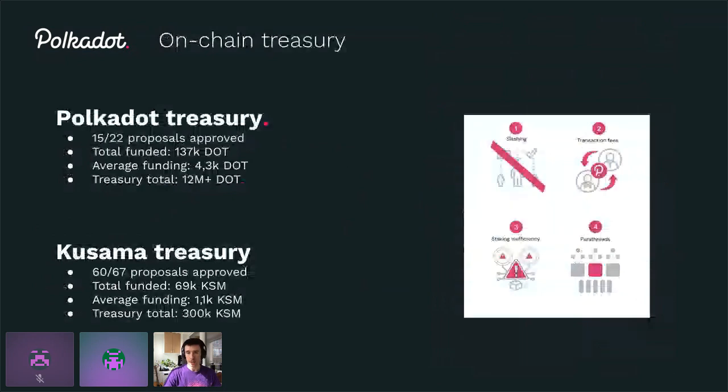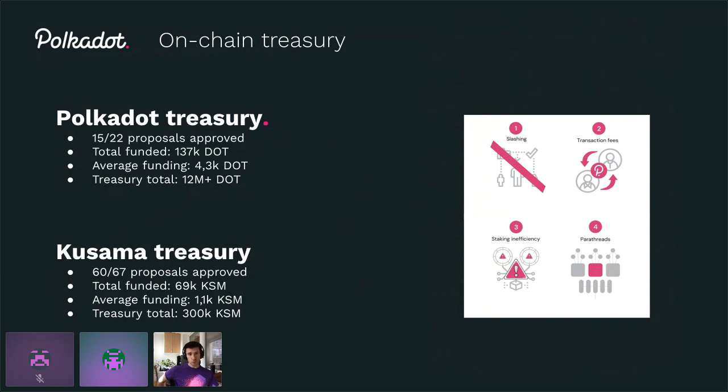A cool thing that I definitely want to stress here is the on-chain treasury. Now, the on-chain treasury is kind of unique to the Polkadot ecosystem, and obviously some others as well. But right now it is not as utilized as it should be. So I'd really stress, go and look at the Polkadot treasury, go and look at some of the proposals, the on-chain processes that are happening, because it is a fantastic way to get some funding.